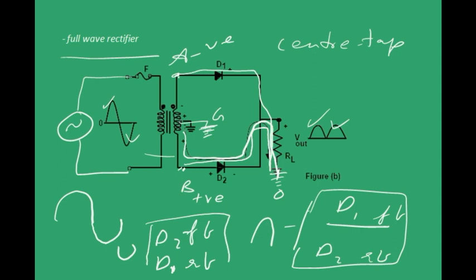And observe one thing. In the first case, we had current in this direction through the load resistor, and in the second case when D2 conducts, we also have current in this direction only. So finally the current direction is not reversed. In the first half it was that, and in the second half the negative cycle was converted in this direction. So finally we are getting current only in one direction. So we can say that the full wave has been rectified. That is why you call it a full wave rectifier.